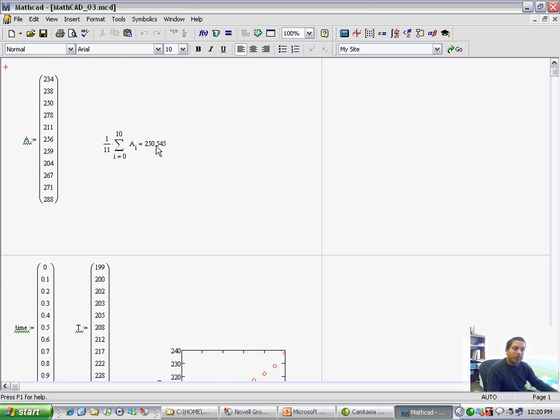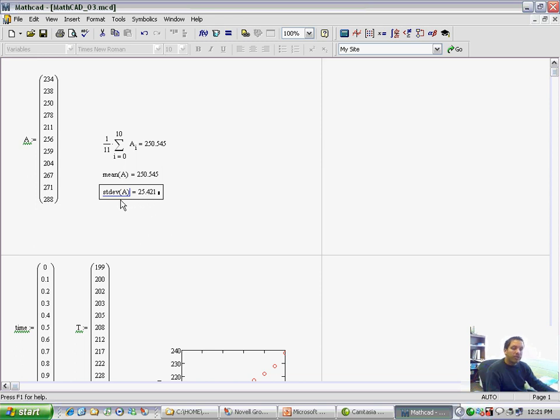the average value. But we don't actually have to write this formula. This formula can be written using the summation sign and dividing by and so on. We can just simply say mean of A, and in parentheses the name of the array, and we get exactly the same number. We can also calculate the standard deviation, STDEV of A,